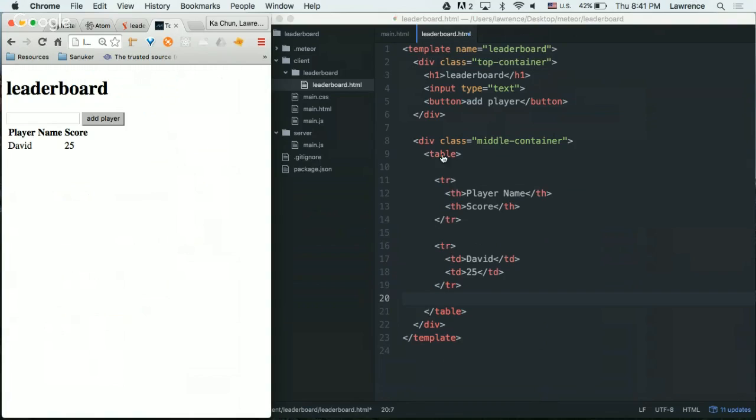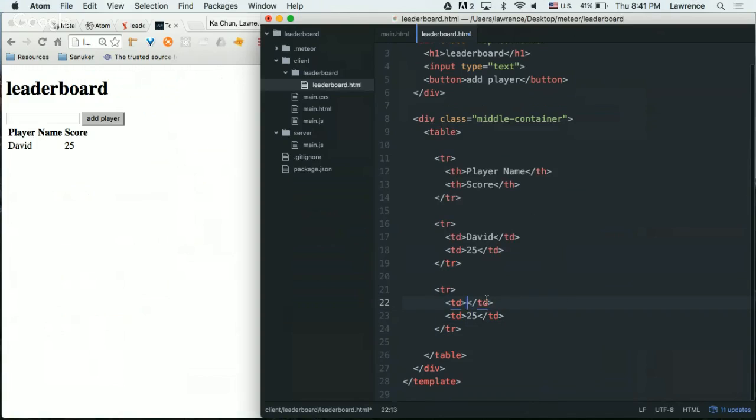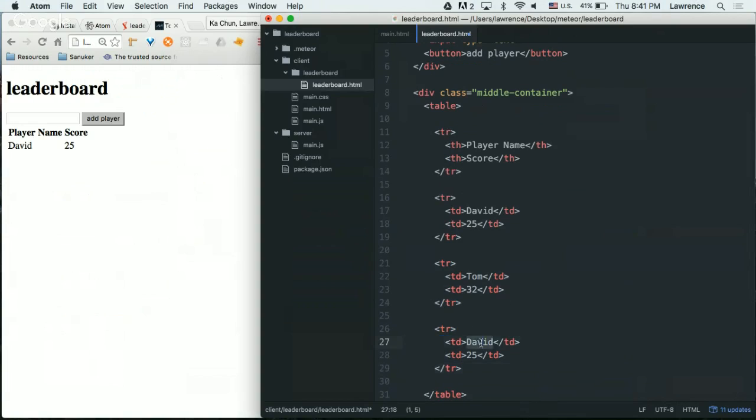And if you do the indentation right, you should be able to do it fine when you save it. If anyone's just finished it quickly enough, try to copy this David 25 TR and give a few more new names like Tom, and then give a random score like 32, and then another row just call it Mary. Try to have at least 3 rows of data, and you save it. You should be able to see 3 rows of data with the header, something like this. Got it.